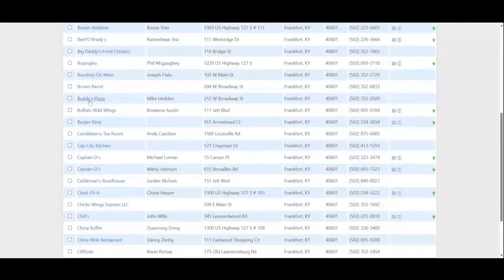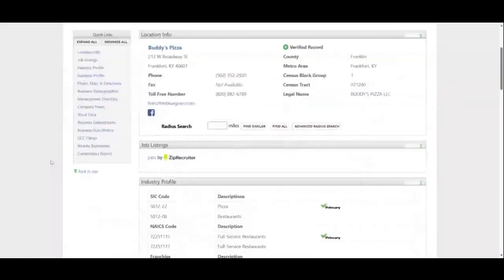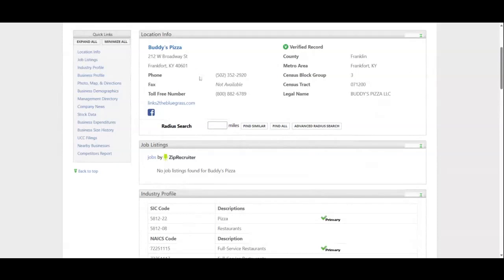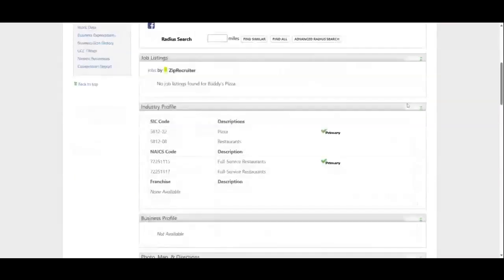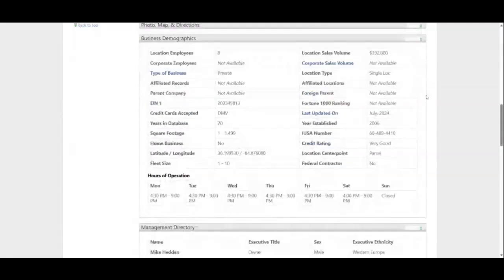Let's look at Buddy's Pizza. We had that on the map a second ago, downtown. It's got West Broadway, also verified, because once again, we weren't searching for unverified records the way we had the filters set here. And then much of the same information: the primary is that it's a restaurant,